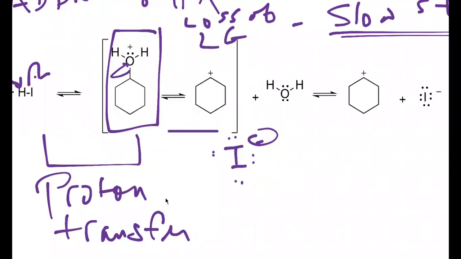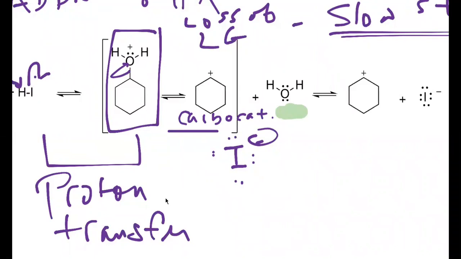That'll get me to this carbocation intermediate. That intermediate is common for these types of reactions. You always go through the exact same mechanism, this carbocation intermediate, and then you can see here, you lost water,